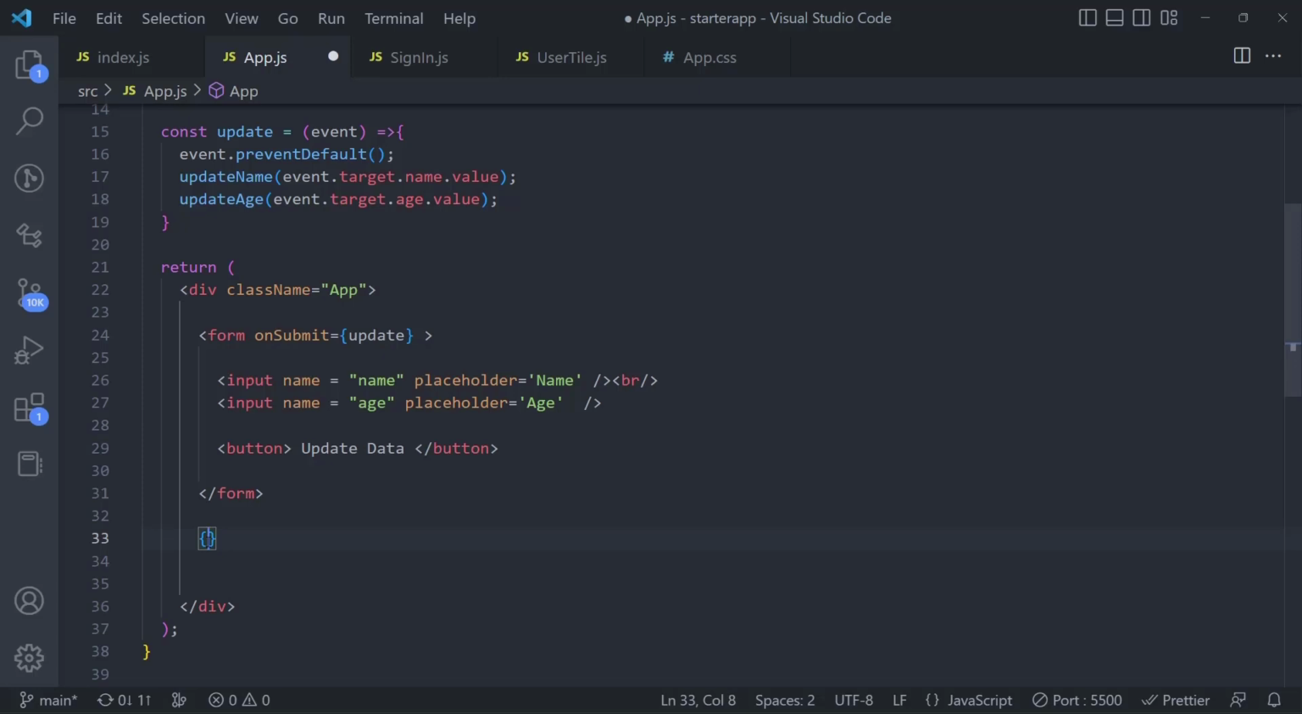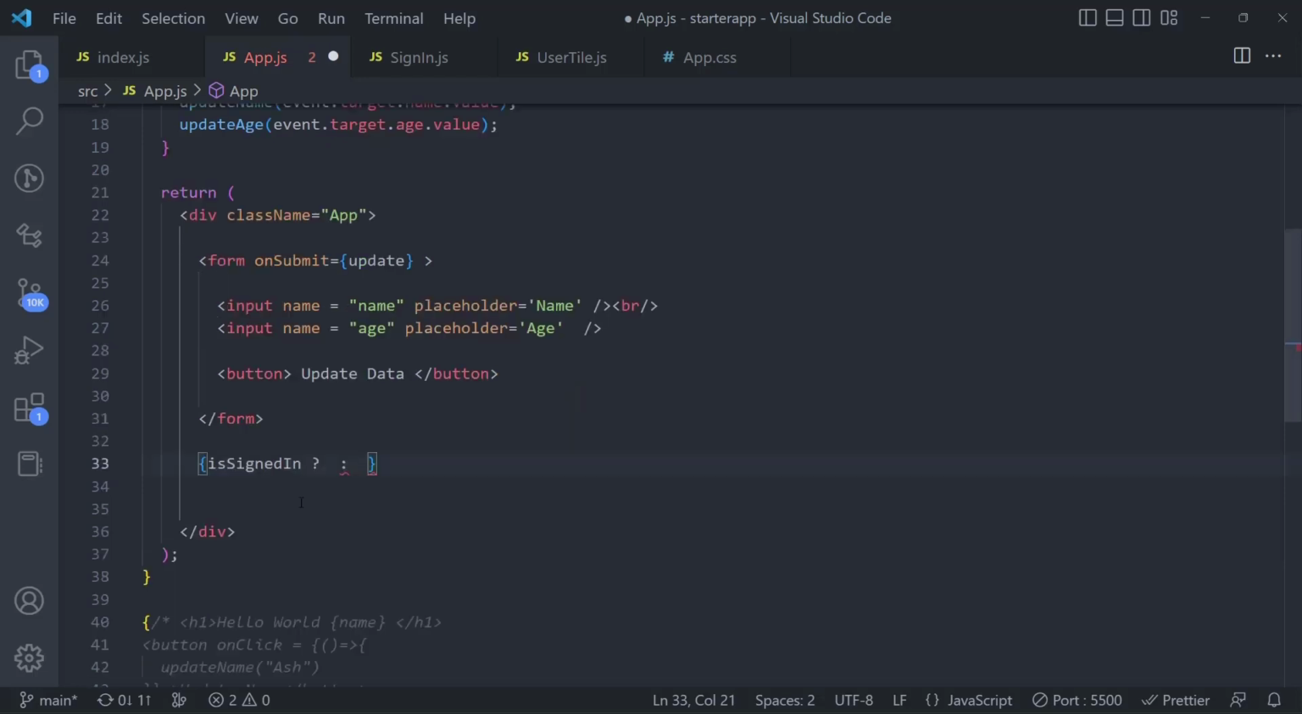So the condition would be isSignedIn, and now we'll place a question mark and a colon. Now what needs to be placed between this question mark and colon is to be understood. What we're going to check is a condition: let isSignedIn is equal to false. So if the user is signed in, then after the question mark comes the first expression. But in case the user is not signed in, then after the colon, whatever expression is present will get